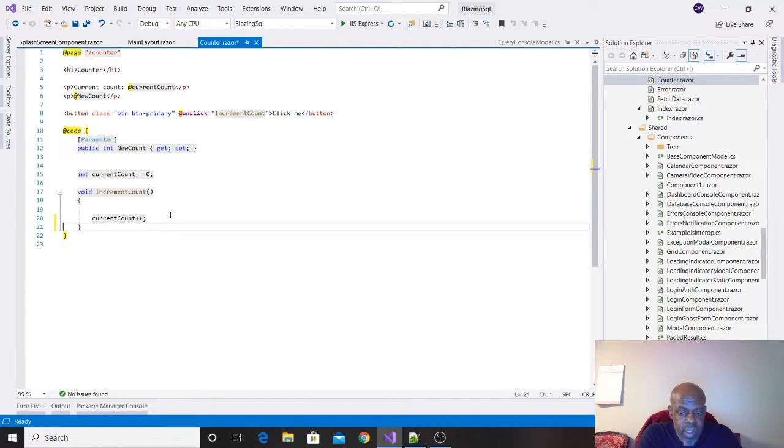But let's say, for instance, this state was changing. I wouldn't necessarily have to say StateHasChanged because it's being passed in as a parameter. Microsoft did a beautiful thing. The parameter automatically calls StateHasChanged for you, so you don't even have to worry about it. So as this value is changing, this counter will get the notified changes. That's the beauty that I love about this.